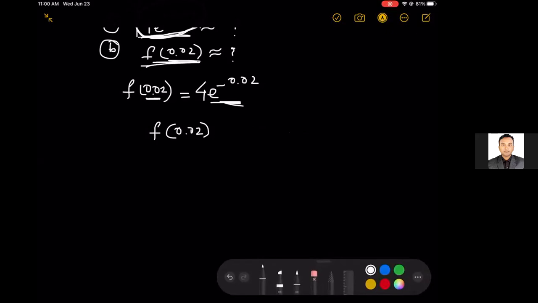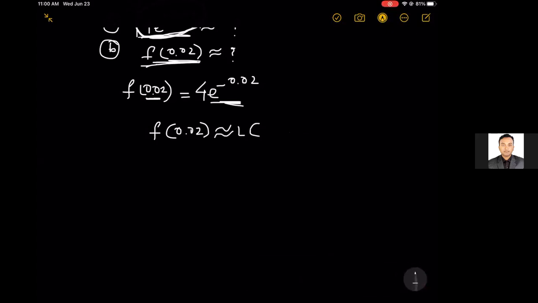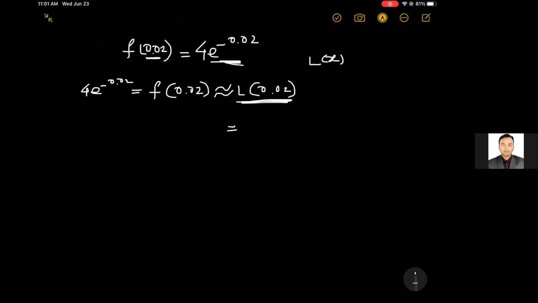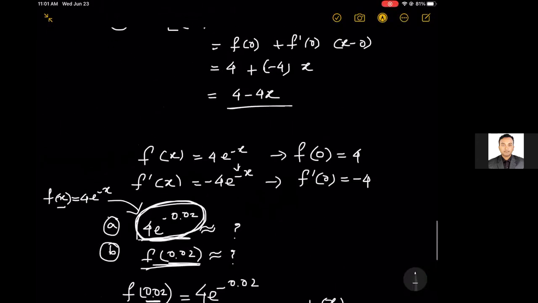Yeah, this is nothing but this. And we already know what is L of x, right? So all we need to do is to replace our x by 0.02